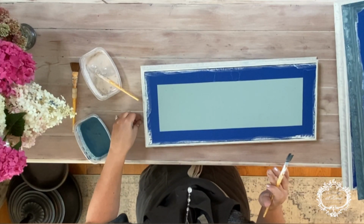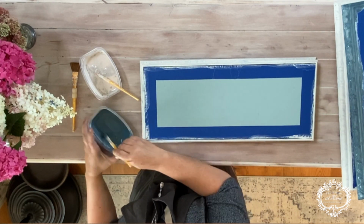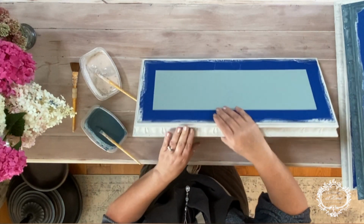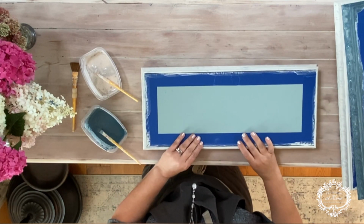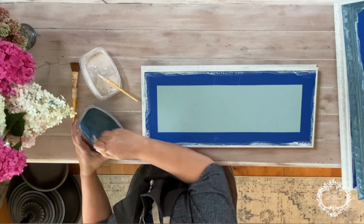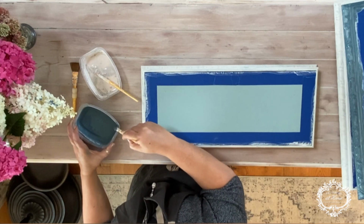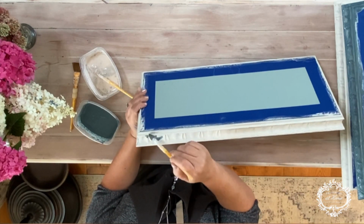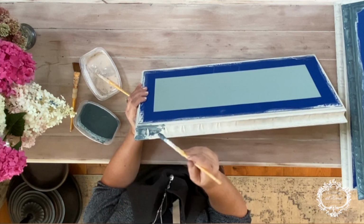Okay, and once I finished putting that base coat of One Step Linen down, I just mixed up my paint colors here to put over the One Step Linen, and that way my milk paints will adhere to that. What I'm doing here is just remixing my milk paints. I mixed two colors. One is Central Park, the other one is Sunday Suppers. I did lighten the Sunday Suppers slightly with some of the color My Linen Apron,